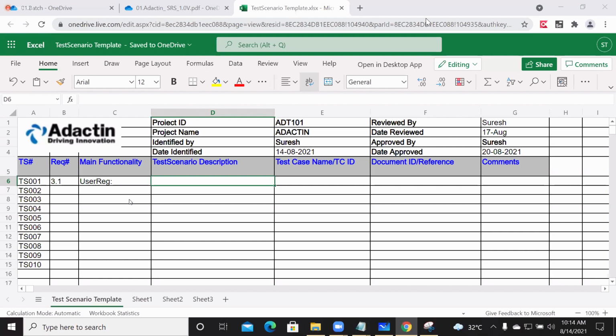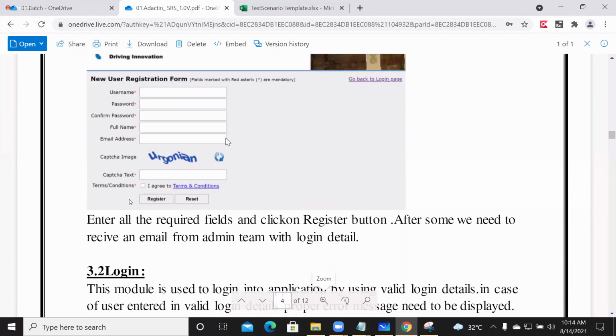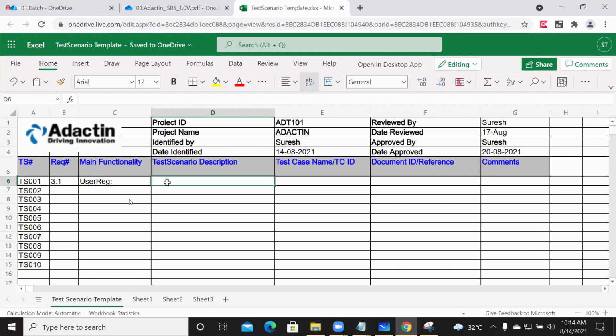Now we can see. First I will explain, and then I'll give the questions, I mean, all the answers here. First you can see an example. As an example, I'll write something, and after that you can practice according to that. Let me take this new user registration page. This functionality is related to user registration. Now, first scenario, in simple terms, I'm just mentioning that.